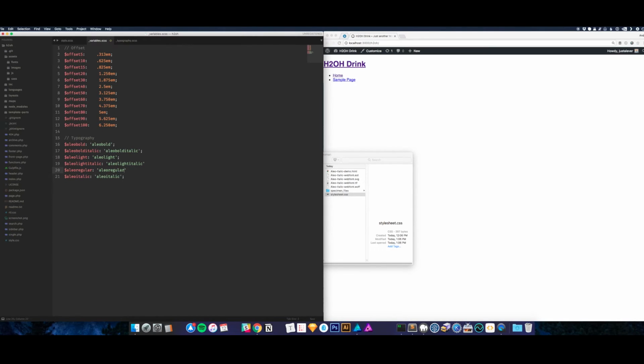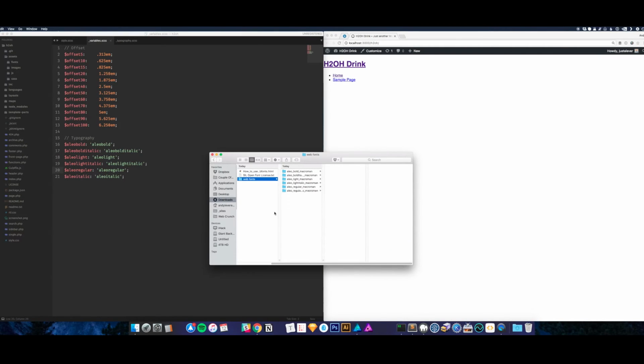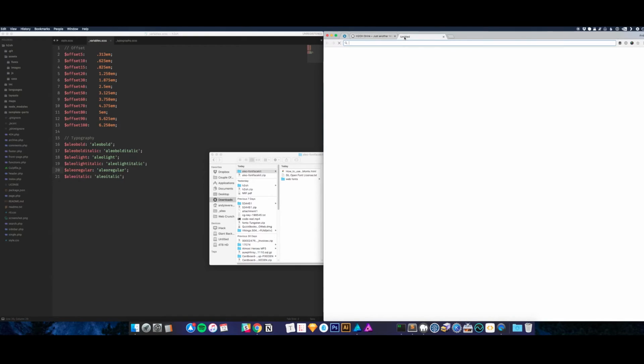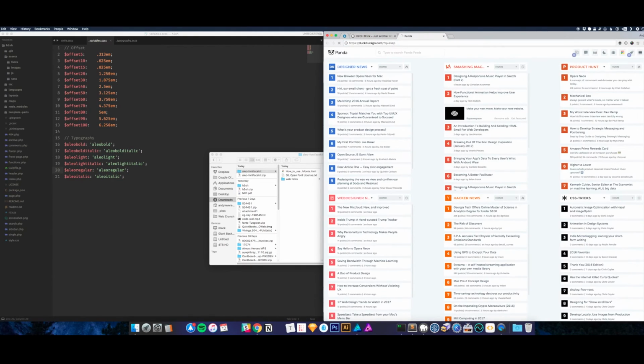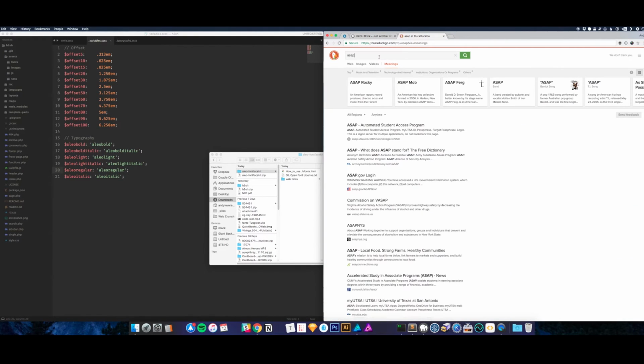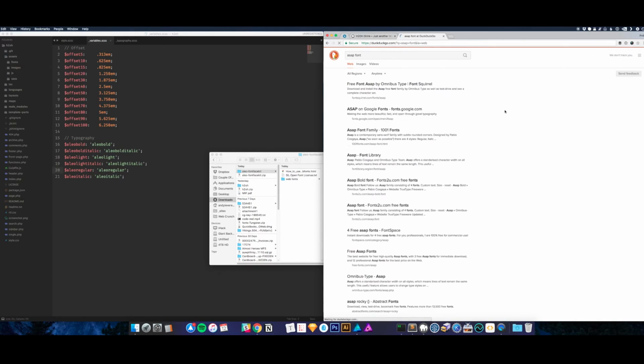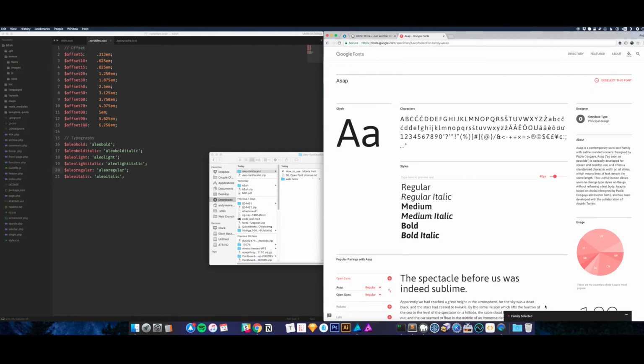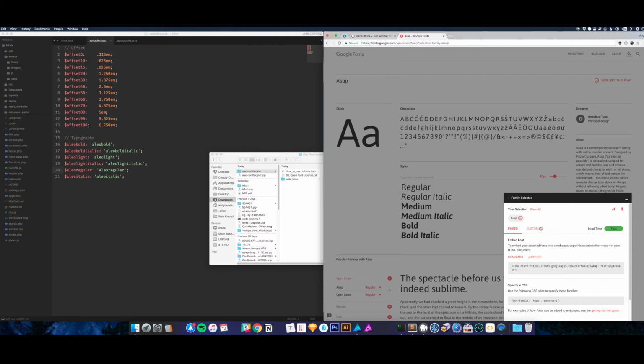Don't forget your semicolons. That will break if you do. All right, so that's our first font. That one's an @font-face. The other one I believe is a Google font. It's called Asap. I should probably put font. That's font scroll too, but it's on Google. Google's a little easier. I'm gonna select it. We're gonna use